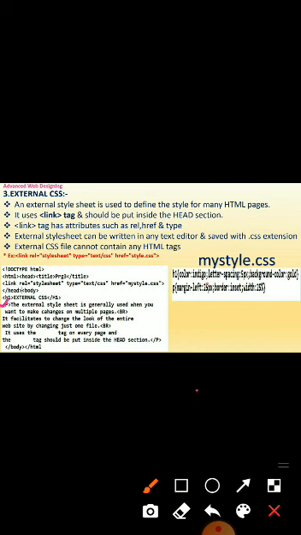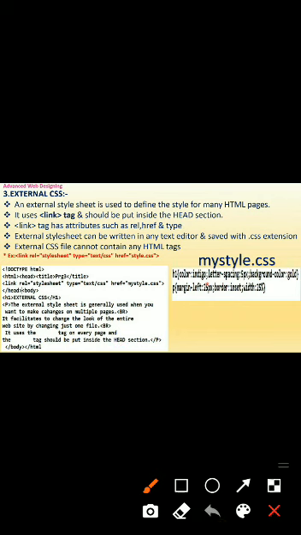You can make changes in this file, and it affects the entire website. So here I declared external CSS. This program is written in any text editor, for example Notepad, and saved with the program name .html.